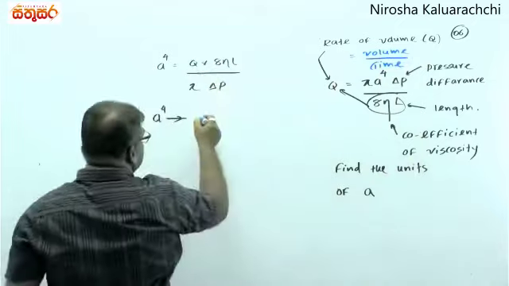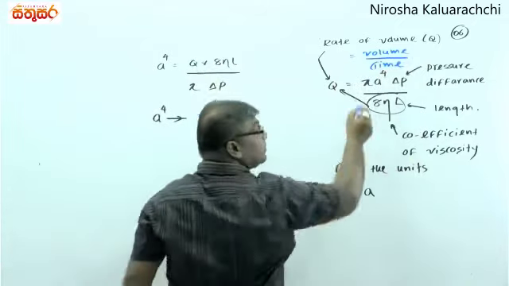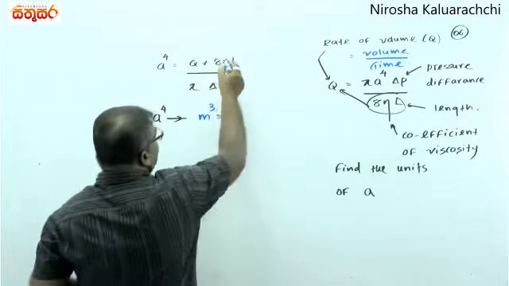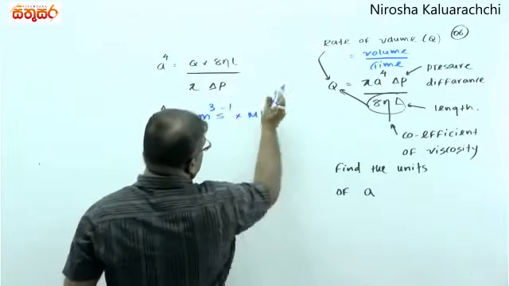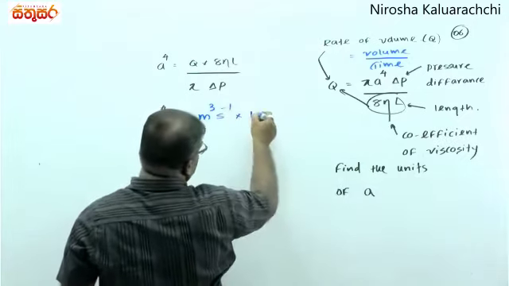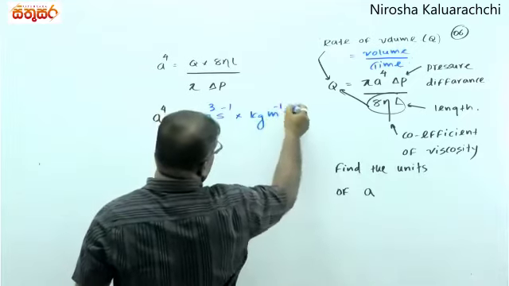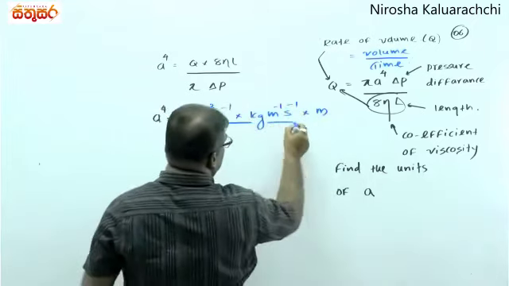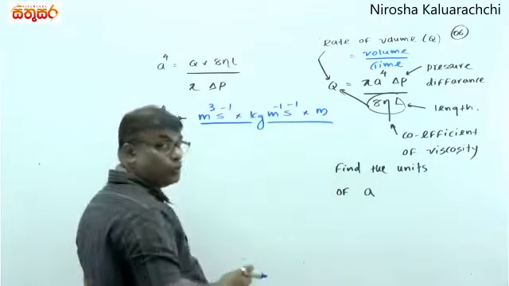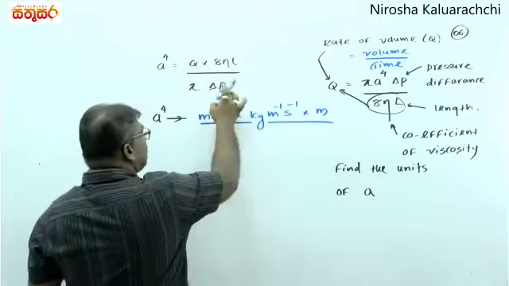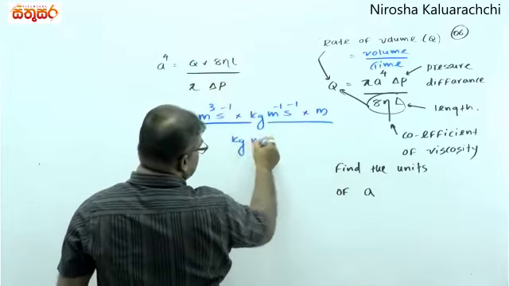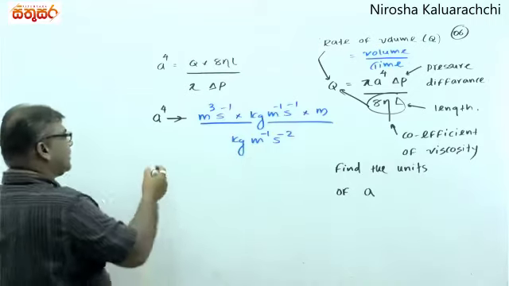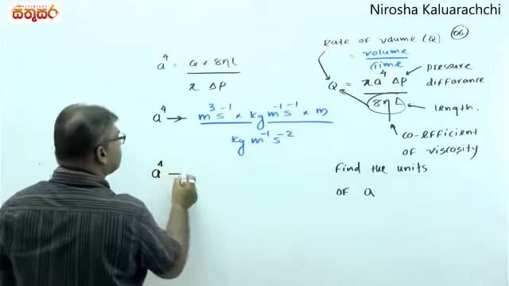So, volume represents cubic meter, time represents seconds, time comes up, S minus 1. Eta is kg M minus 1 S minus 1. L is meters. Pi, no units as it is a numerical value. Delta P is kg M minus 1 S minus 2. See, can we simplify now? A to the power of 4 represents